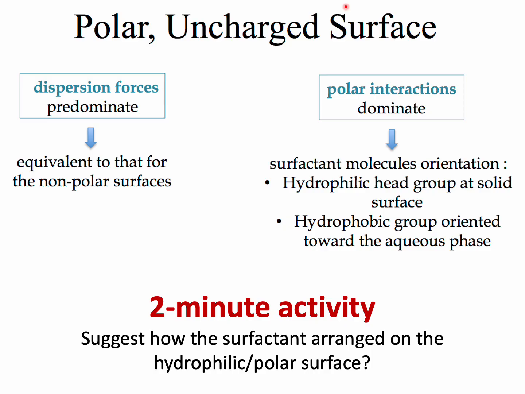In this case, the orientation of surfactant molecule changes. The hydrophilic head groups tend to interact strongly with the polar solid surface, so they will attach to the surface. At the same time, the hydrophobic tail will arrange itself away from the surface and extend into the aqueous